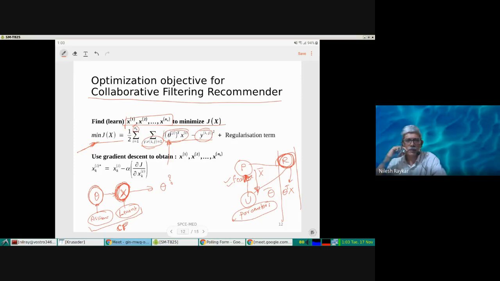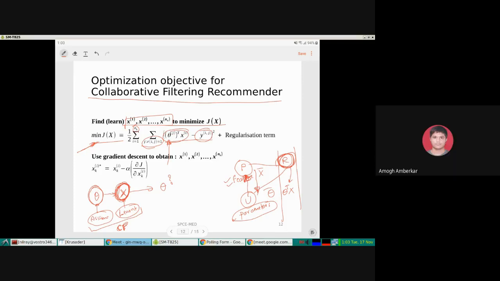So we assume some random user vector. We got some rough estimate of the book feature vector. Now we want to refine our user vector. Sir, we can pick one user and find out the feature vector, and then by content based, using the same feature vector for another user, we can cross check it. Okay, but why for one user?